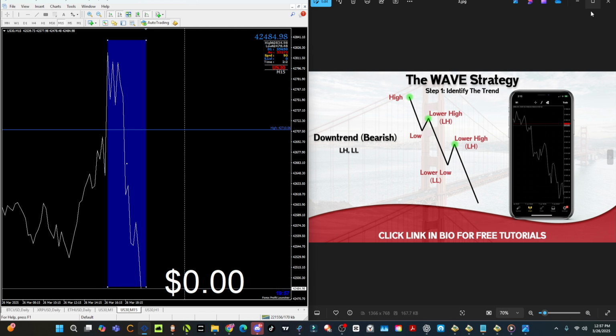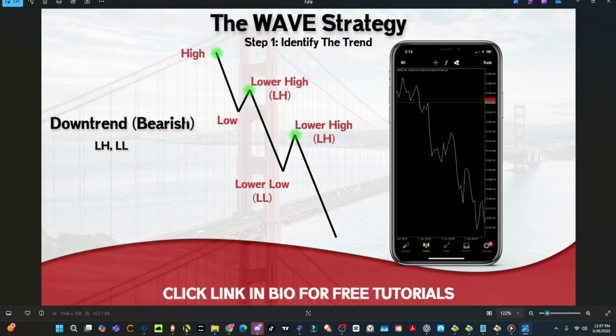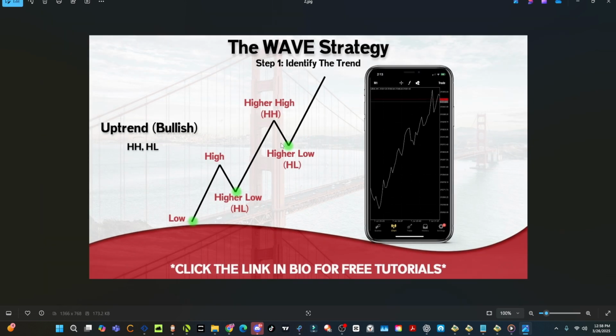All right, so this is what happens in a market every single day. The market can only go in two directions. It can either go up or it can go down. And like I said before, the people who are able to see these patterns before they happen and while they happen, those are the ones who are able to make money. So I hope you learned something from this lesson. If this made sense to you, then that's perfect. If it did not make sense to you, just watch it over and over again, study over and over again, and it'll get a little bit easier for you to see it.